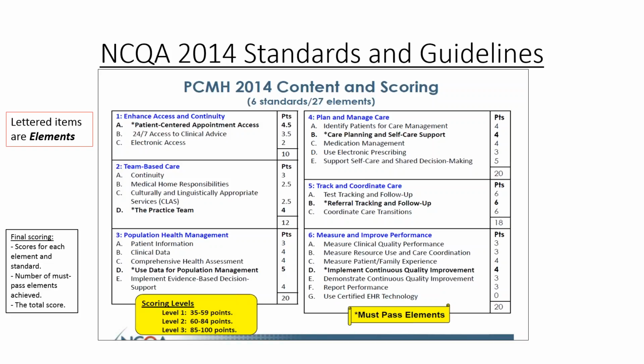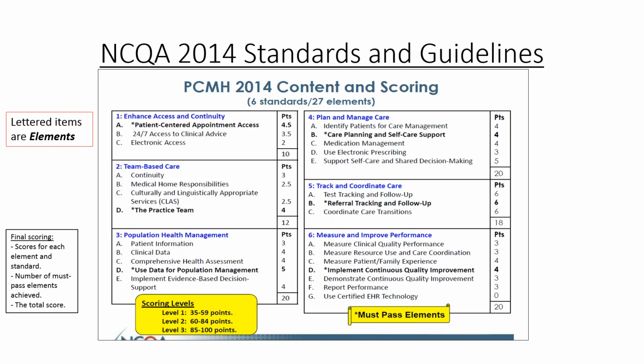When we do submit to NCQA and when we do receive our scores and recognition level back, you can see in the left-hand side in the box I have included that we do get scores for each element and standard, and the number of must-pass elements that we achieved, and then our total score. So they do show you which areas you scored less,